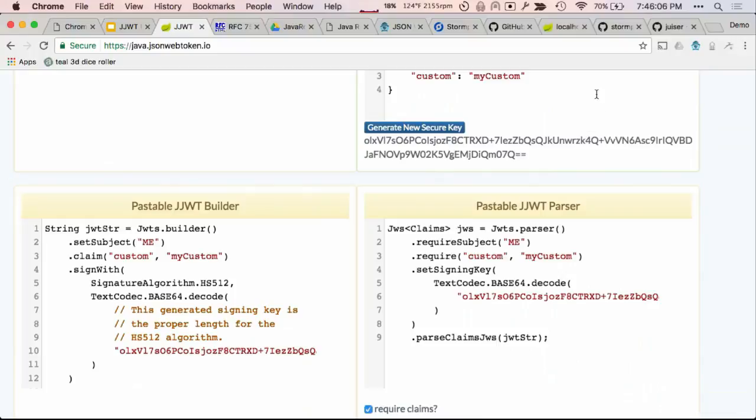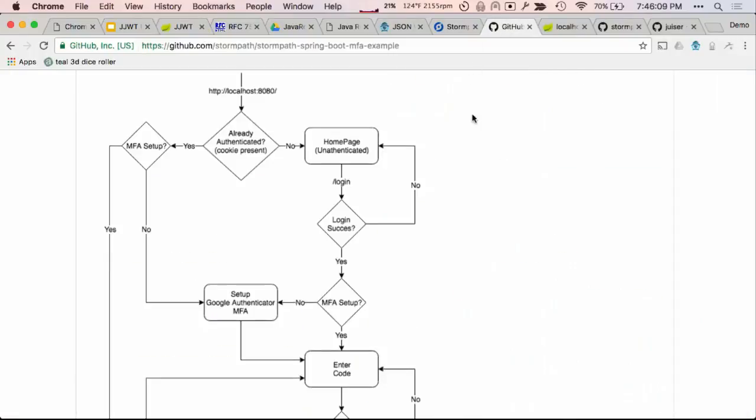Okay, so a little while ago, I came up with a Spring Boot MFA example, because one of the things that Stormpath does to make your life easier is it gives you SMS and Google Authenticator MFA out of the box, so you don't have to do a lot of coding to take advantage of that. And I made a little Spring Boot example with one flow that people might be interested in, one use case of MFA. MFA is multi-factor authentication. Everybody familiar with it? Anybody not familiar with it?